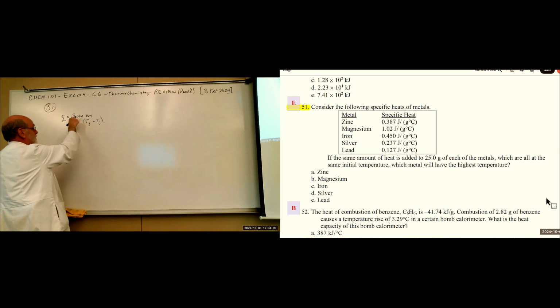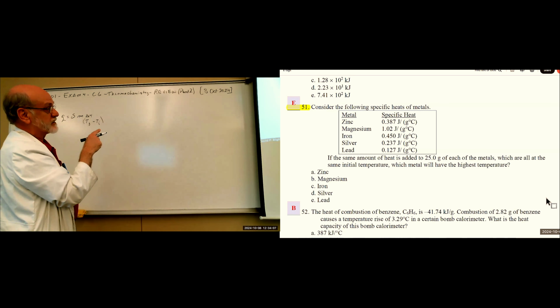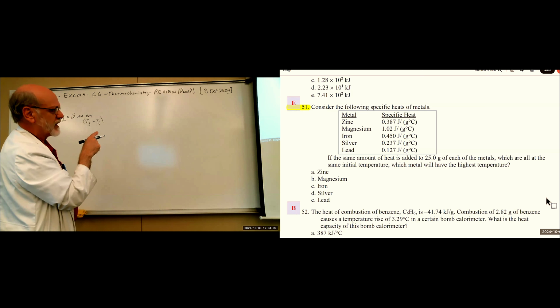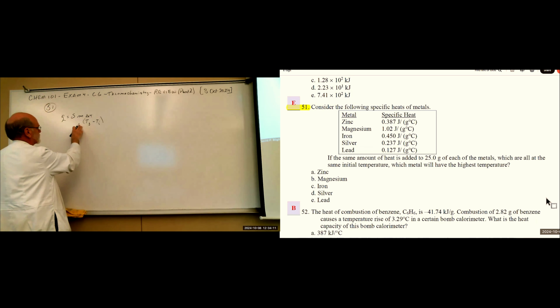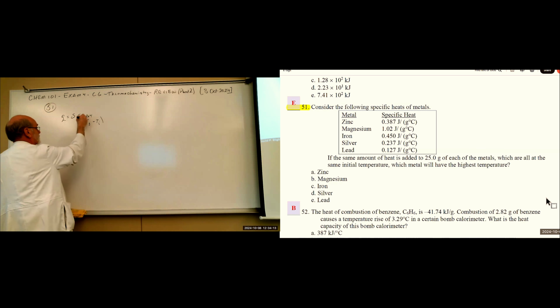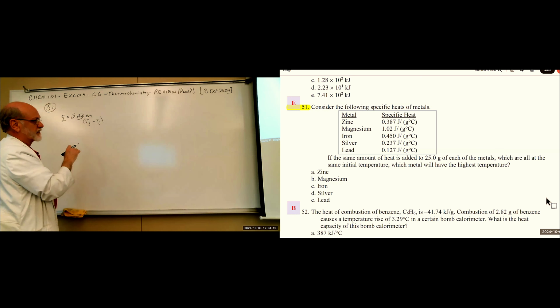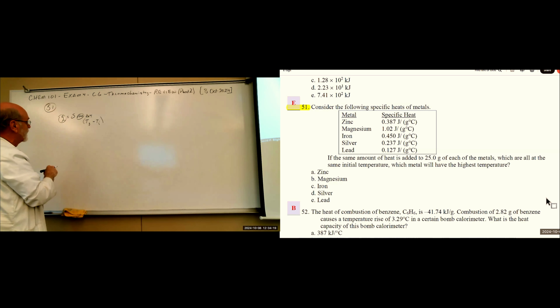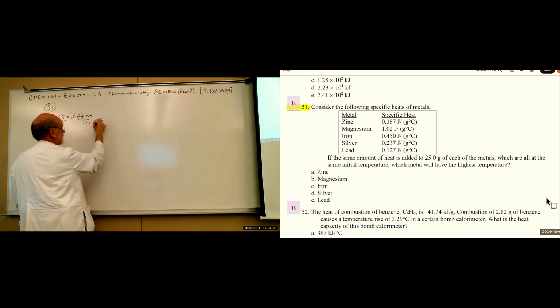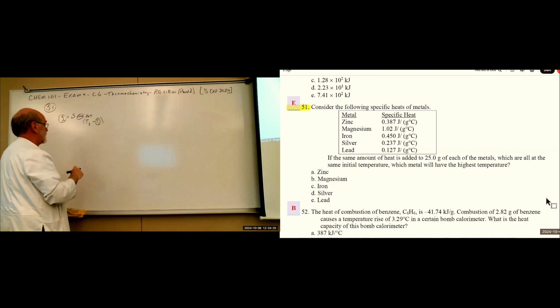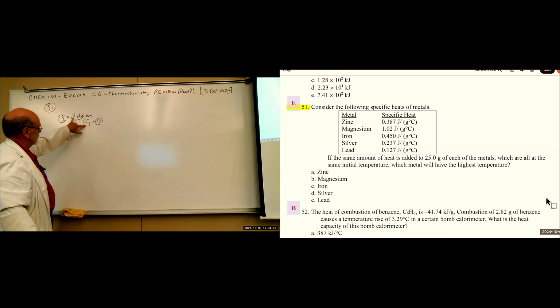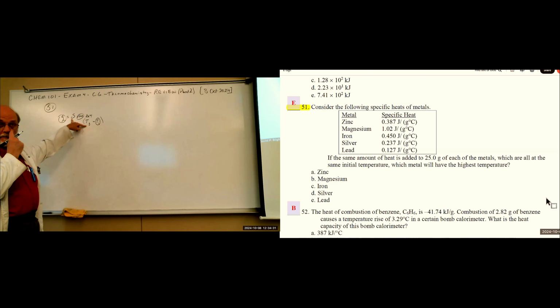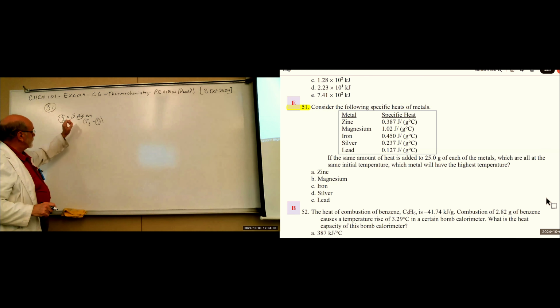Okay, so they're the same masses, correct? Same amount of heat, 25 grams each, right? So this is constant. And the same amount of heat is added, so that's constant. And they're starting off at the same initial temperature. Okay. So the only thing that's going to vary are these two right here, specific heat and final temperature. So notice if we have